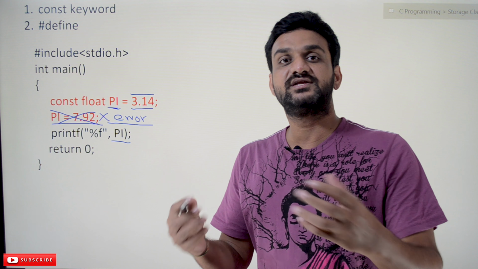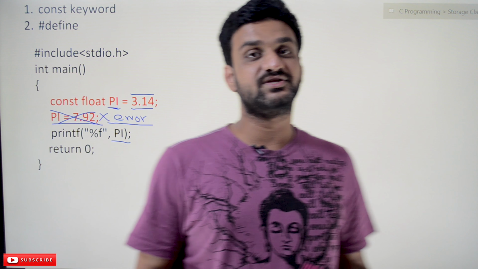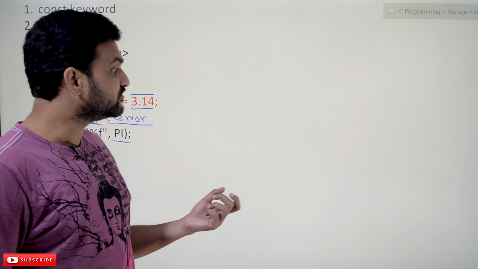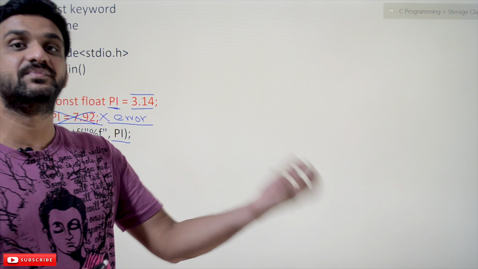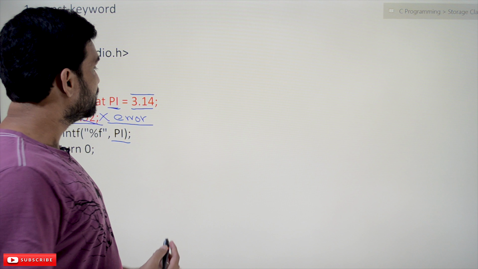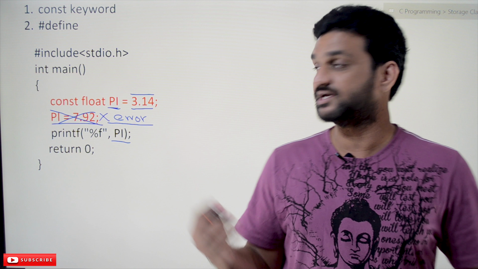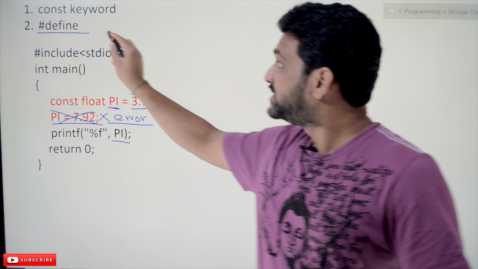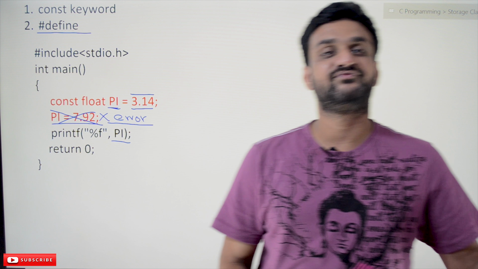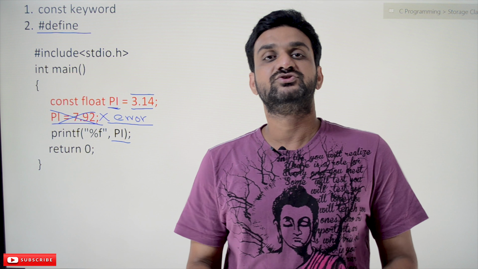For that reason we can create constants, and the most frequent place where constants are used is whenever we want to create a two-dimensional array of a specific size. We'll try to understand that example, the use of constants, in our next class, where we are going to define a constant by using a hash define preprocessor directive. So this is all about constants and the const keyword in C. Hope you got clarity on this concept.